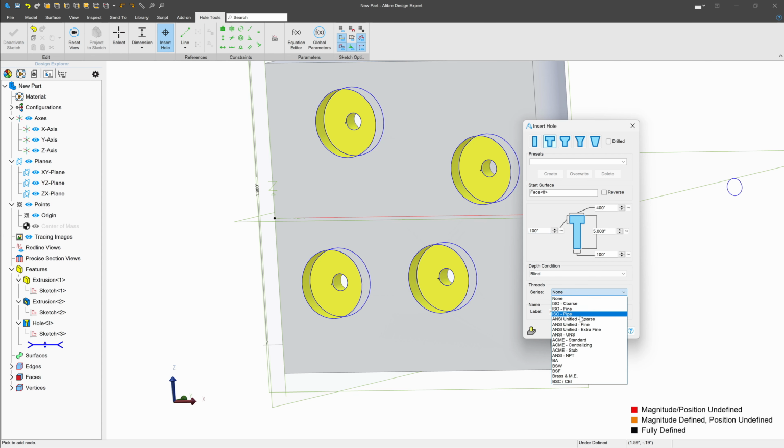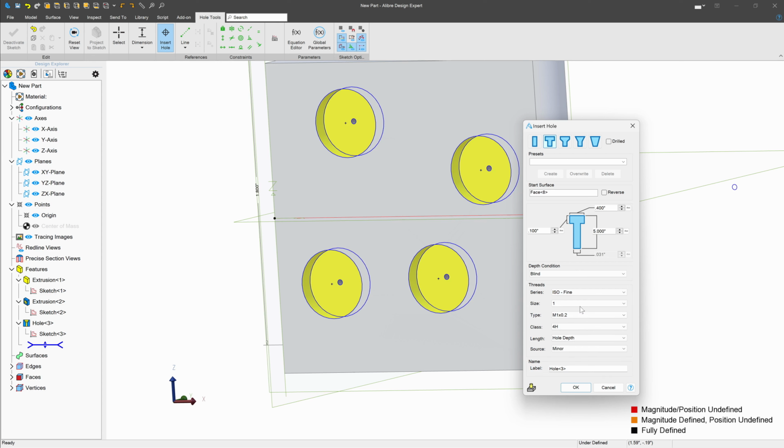So I can say, you know what, I'm in inches, so maybe I should be using ANSI, but I'll throw my metric friend some love, and I'll go with an ISO part, or an ISO thread, which will actually probably drive the metric people crazy that I'm both in inches and in metric. We're going to say ISO fine, and I can choose something like M2, and I can choose the thread pitch for that, maybe M2 by 0.35, and I can choose any relevant classes and what length that I